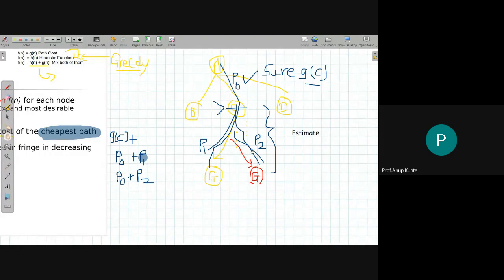Now you will argue that if we decide only on path cost, wouldn't that be better? That would be good, but if I have additional information about the domain through my previous experience, which can add to my path cost value, then it is going to be a better strategy, because it will get me to the solution faster and can find a better path. That's the argument over using h of n over g of n, or h of n along with g